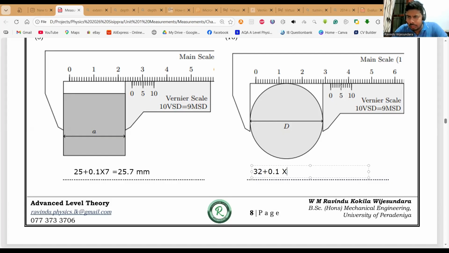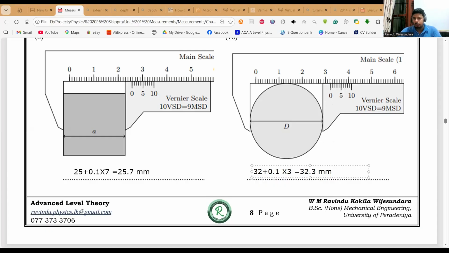Only the third one is coinciding properly. Sometimes you may feel the second one is coinciding, but actually it is not directly on the other one. Third one is the one which is very much coincided. So it is 32 point, here 0.1 multiplied by third one, that will be 32.3